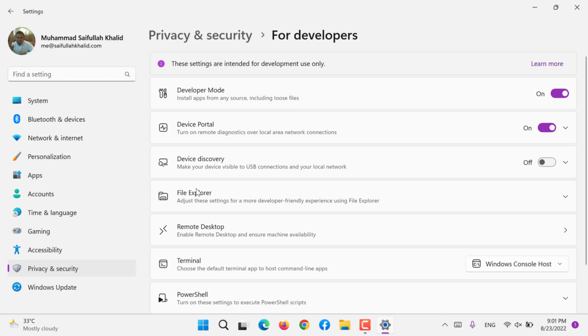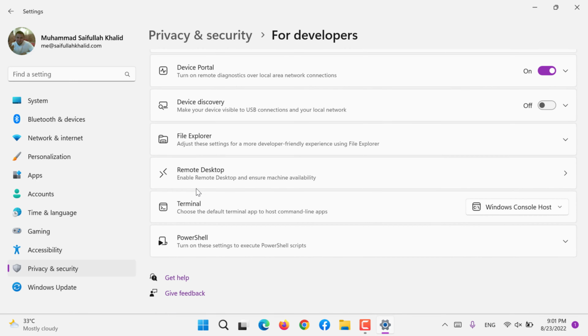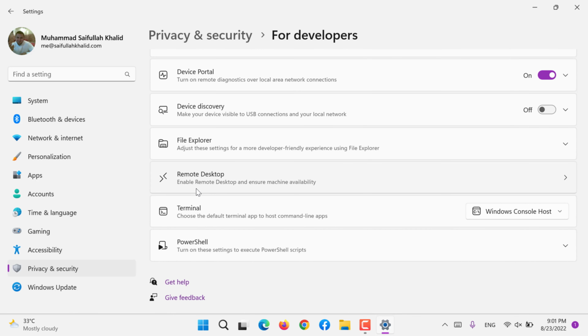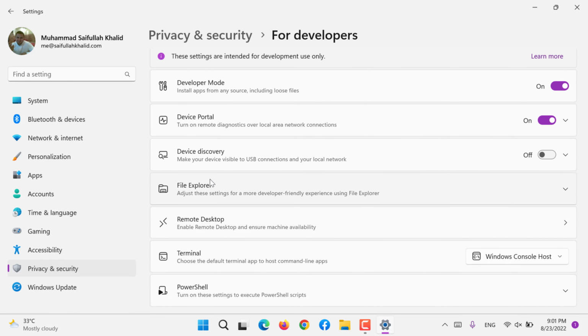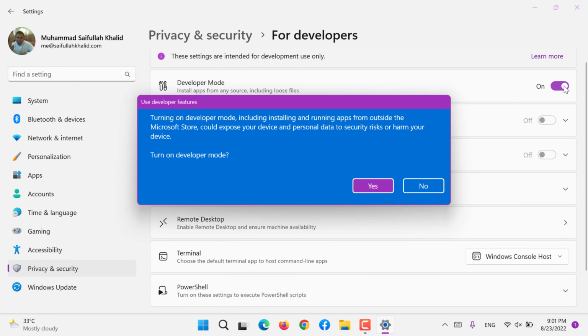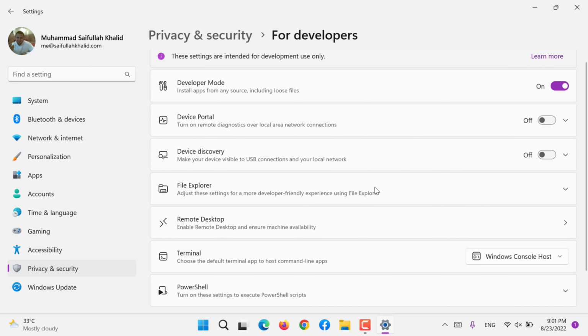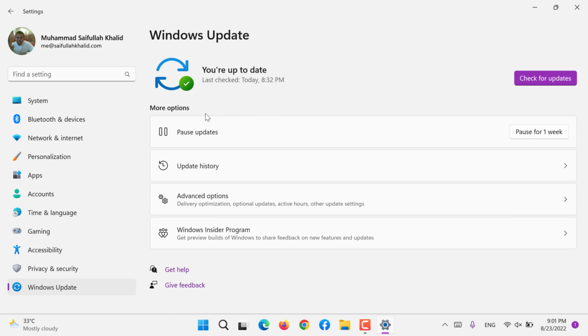For developers, the next option has a bunch of modules and settings. We'll go through them fast. If you turn on developer mode, you can use these. If you turn it off, you will not be able to. I'm using developer mode because I'm already on Windows developer mode. I'm running Windows 10, Windows 11